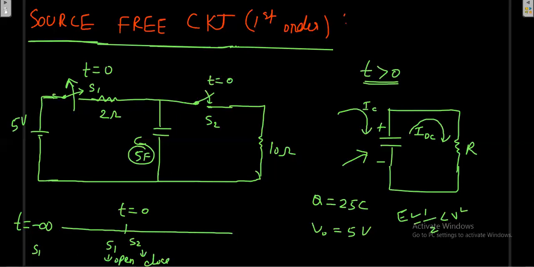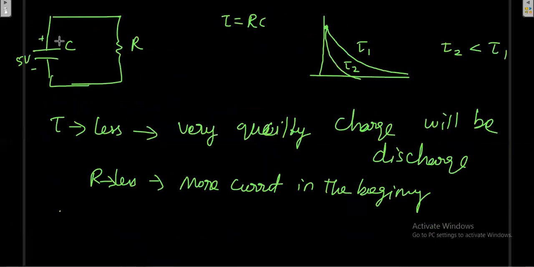So to identify the nature, say the capacitor is connected with the resistance. It has some charge, and because of that charge some current will flow for a certain duration. But for how long, the charge may decay very fast or very slowly. It all depends on the value of the resistance and capacitance. If your tau value, RC, is very small, the charge will decay very fast. If the tau value is very high, it will decay very slowly. But after a certain amount of time, the charge will definitely be decayed.